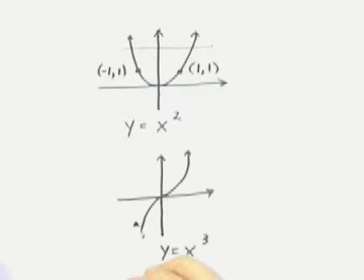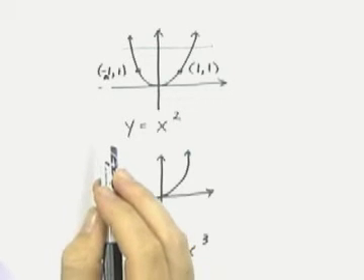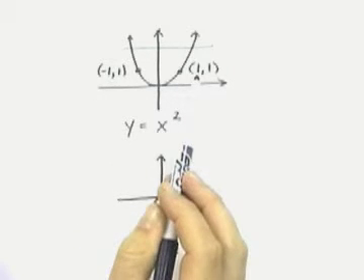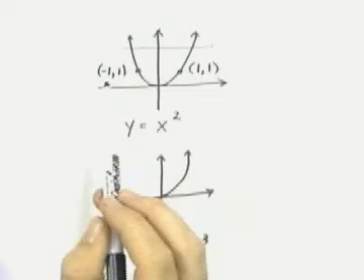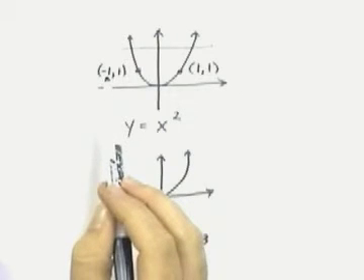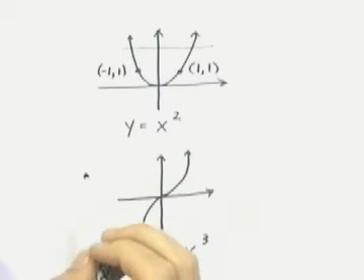Let's think about why this horizontal line test works. Remember, by definition, a function is going to be one-to-one if, when you have two different inputs, say -1 and 1, you must have two different outputs. In other words, you can't have f of 1 equal to f of -1 if you're going to have a